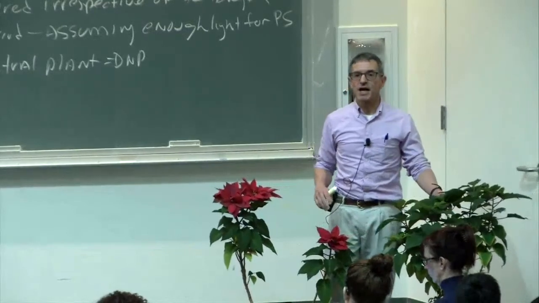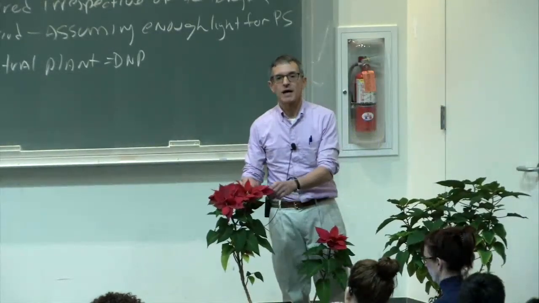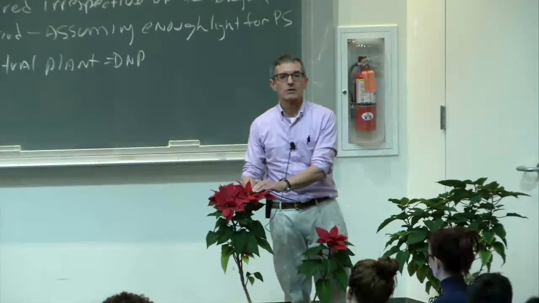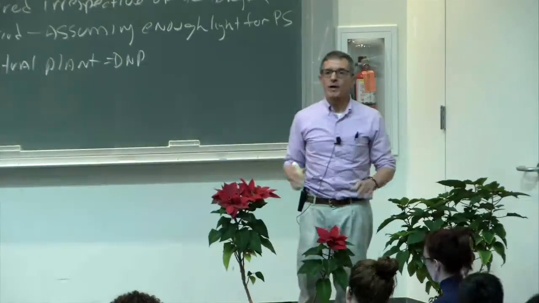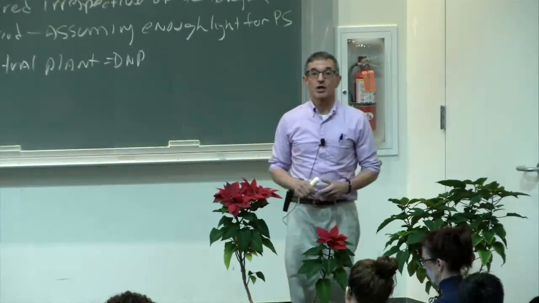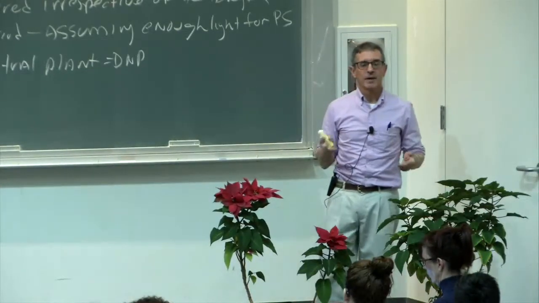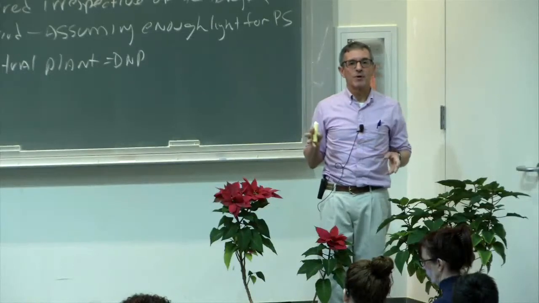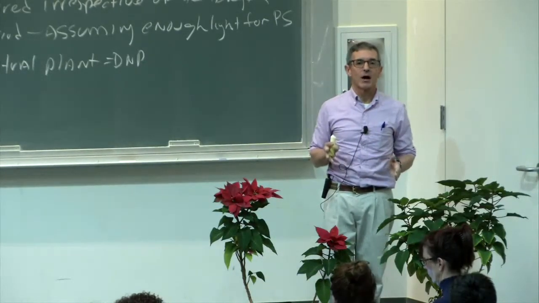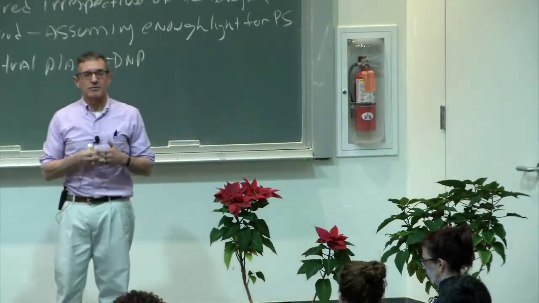Here is the vegetative plant to my left, and here is the plant which has been induced to flower. These red structures are actually leaves, but nevertheless the flowers are also present. All three of these plants, chrysanthemums, lilies, and the poinsettia, are short-day plants. We can manipulate their flowering by giving them photoperiod a certain number of days or weeks before we want them to be in flower. This is an important point and a central point in understanding flowering.